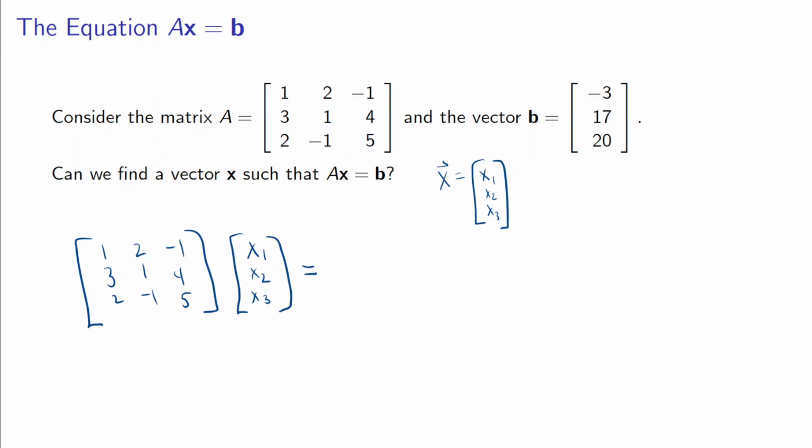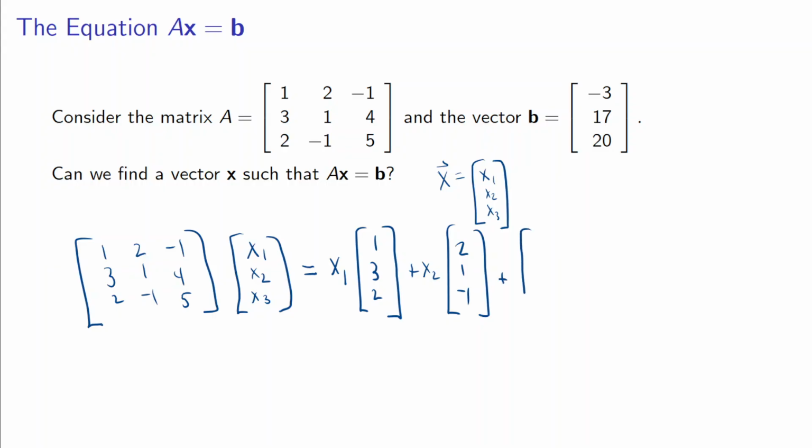This would be the vector where we look at the linear combination of the columns of A, where the weights are the components of our vector x. So that means we would have the vector x1 times the first column of A, 1, 3, 2, plus x2 times 2, 1, -1,